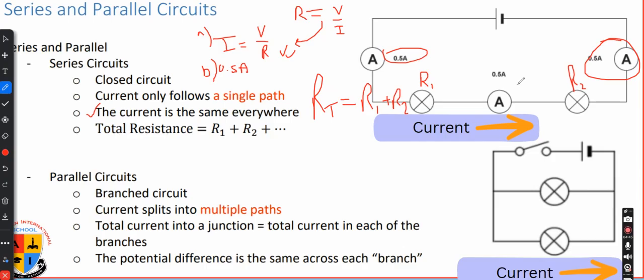Now, in terms of a parallel circuit, let's have a look at it. Here's a parallel circuit. How do we know it's parallel? It's not a single loop. There's a bridge or a different path. Current flows through. Current is very lazy. Rather than going through all the way here,